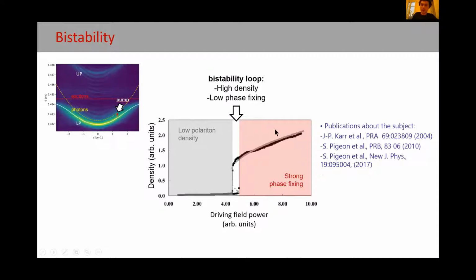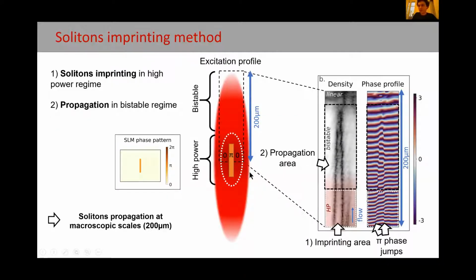So this is for the bistable regime. And here we are in the high power regime, where again, the phase of the fluid is fixed by that of the driving field. So now we want to overcome the limitation due to the use of a structural defect. So we have developed in the last year in the team a new all-optical soliton imprinting technique, allowing us to inject solitons at any point of the cavity. So how does it work? We apply to the cavity a large laser beam of 200 microns radius. Its center is in the high power regime, and we modulate its phase with a spatial light modulator, an SLM, in which we have applied this phase pattern. So two phase jumps of pi we have here, and that we have also here.